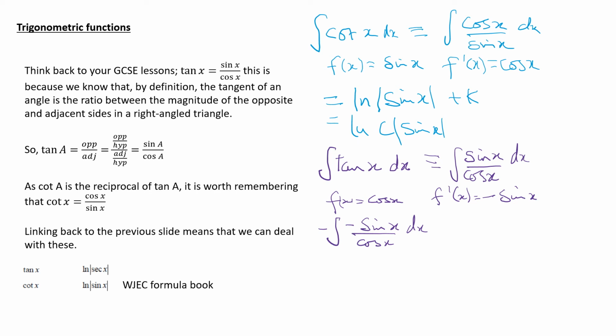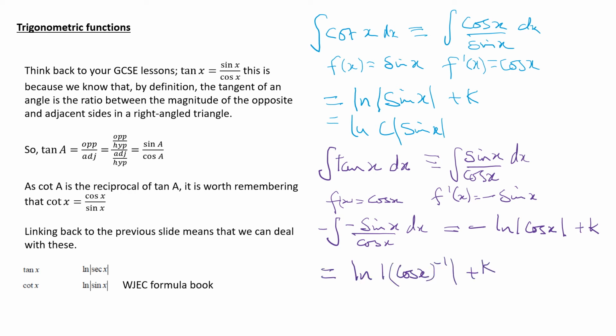So now I've set it up so that I will get minus integral minus sine x over cos x, and I've set it up so that the top of my integration is the differential of the bottom. So therefore this becomes a straightforward log function, but I've got a minus sign out the front there, so this becomes minus ln moduli cos x plus a constant. Now do take care with this, because you notice that the WJEC formula booklet gives it in a different format, and